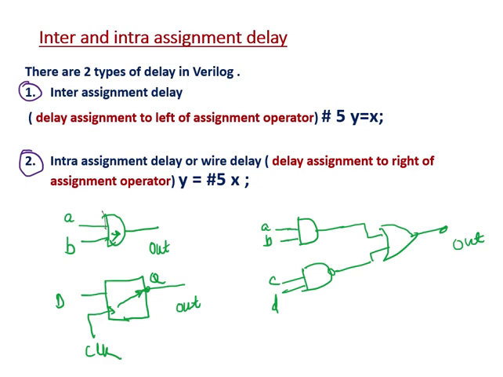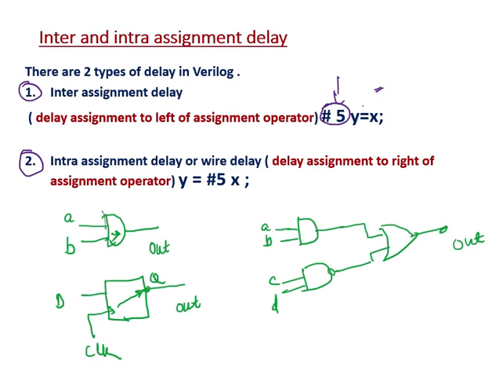So what is inter-assignment delay? If I write like this, #5 y = x, this is inter-assignment delay. The delay is assigned to the left of the assignment operator. So this is my assignment operator, this equal to, and to the left of that I have this hash, which means this is a delay representation. So this type of delay is called inter-assignment delay,